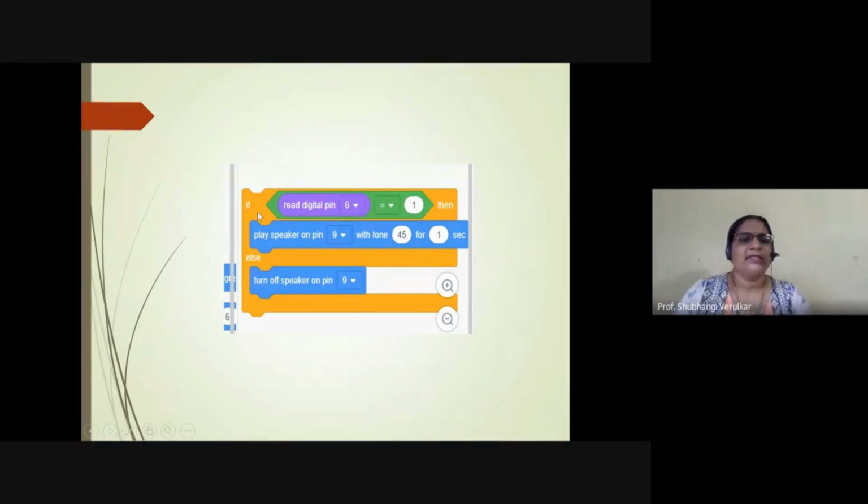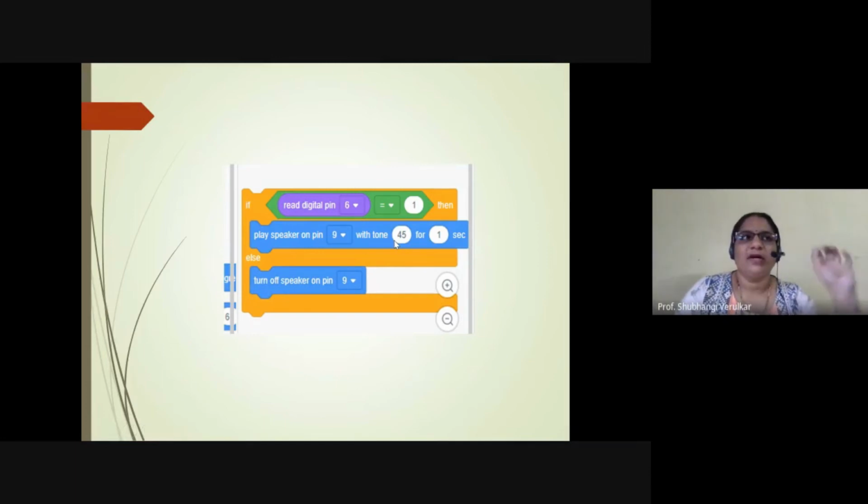Then instead of the LED, what are you going to use? You are going to play a speaker. The speaker is connected to pin number 9, and then you have to set this speaker at a specific frequency. A specific frequency has a specific tone. So you can design your circuit like a sa re ga ma also by using this board. You can design your own piano.